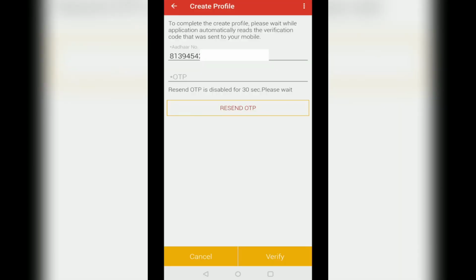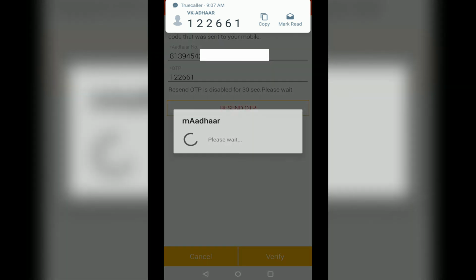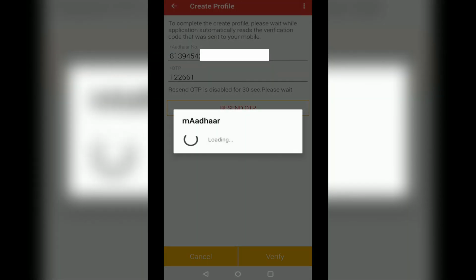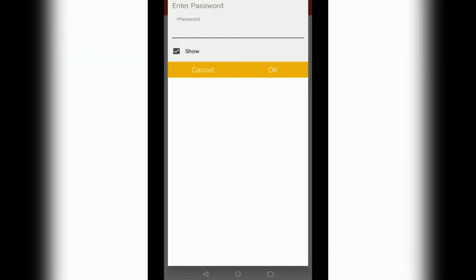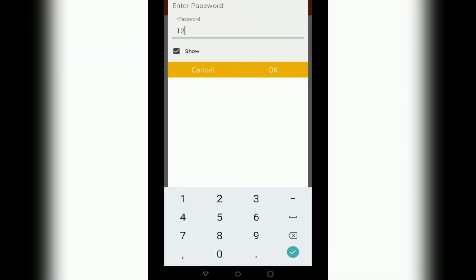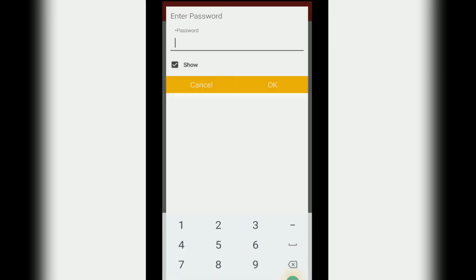This will prompt for an OTP and the application will set up your account once the OTP is received. Here you can see that the Aadhaar card configuration in the application is complete. You just have to click on this Aadhaar card and it will take you inside.